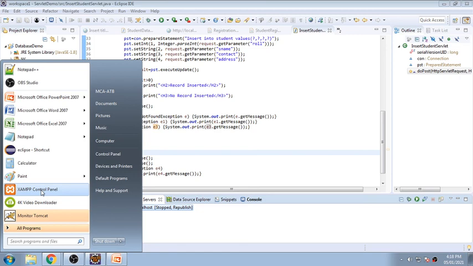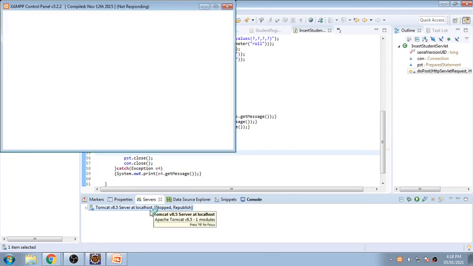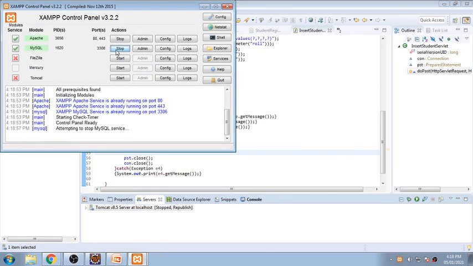One second. A lot of processes are going on, that's why it is taking some time. I think now you are clear on what we are doing and what is actually happening. One second. I'm stopping my database now and restarting it.